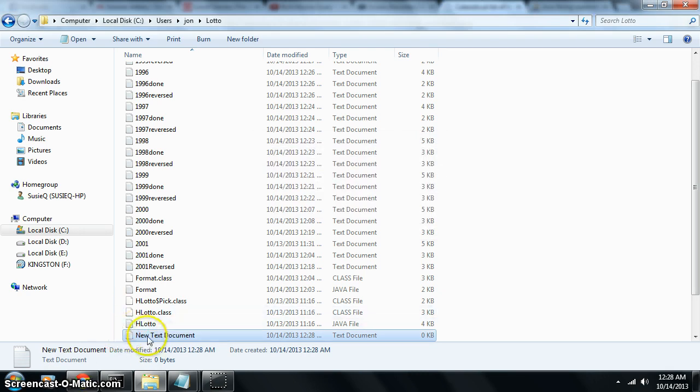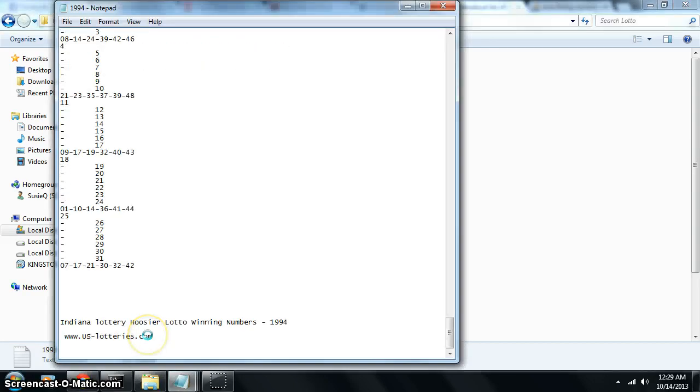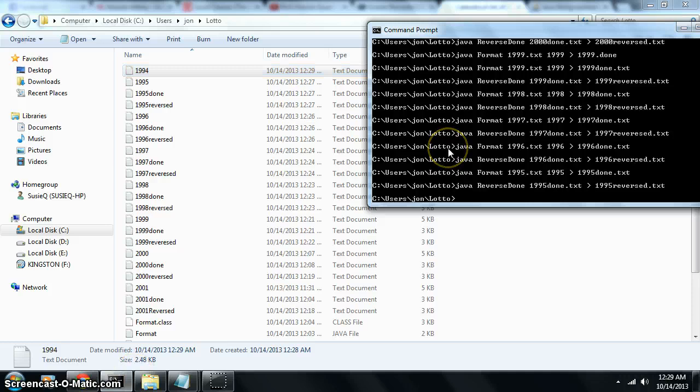I'm going to call it 1994 actually. So call it 1994. I'm going to open it up. I'm going to paste in all this lotto data. I'm going to save it, and I'm going to run my program on it. So when I run my program, I just need to do Java, format, and I need to give it the file to format, 1994.txt. I need to give it the year, which is 1994, and I'm going to spit out a